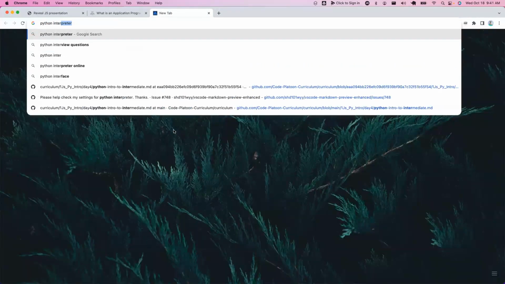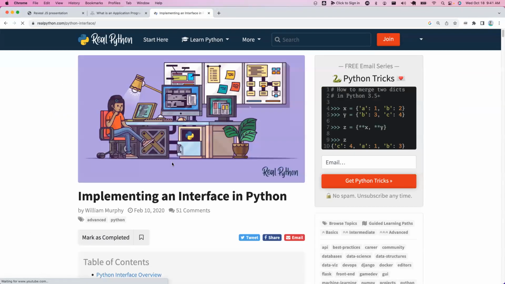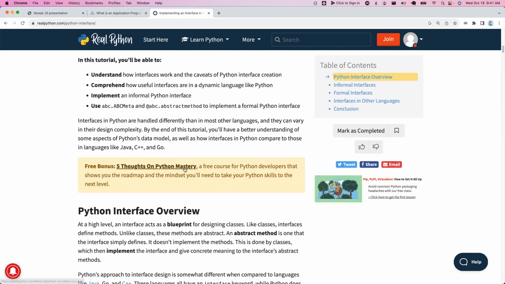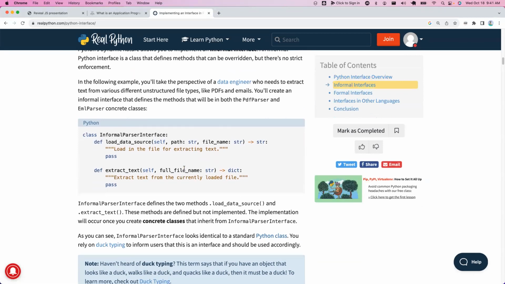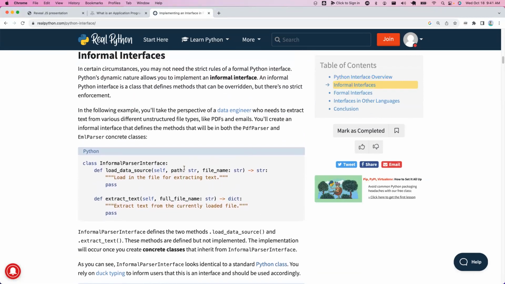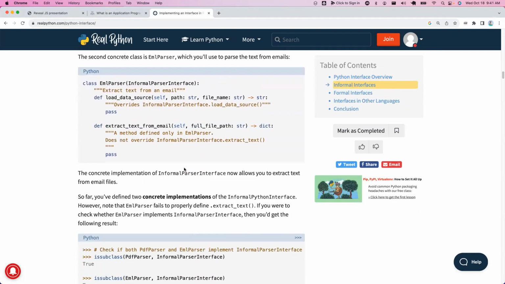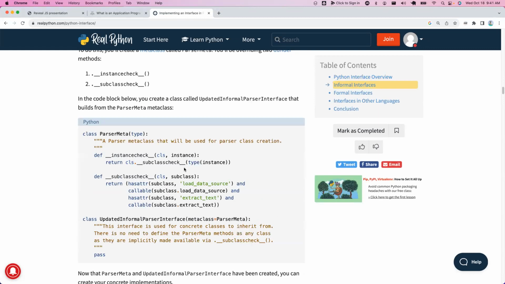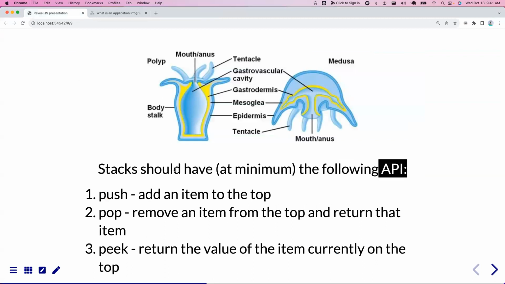We don't have to worry about this too much. We're not going to be implementing Python interfaces. In fact, I don't think I have set an interface in Python, so I'm not going to go down that rabbit hole. Python might implement it in a different way, but I wanted to talk about the word interface relative to this